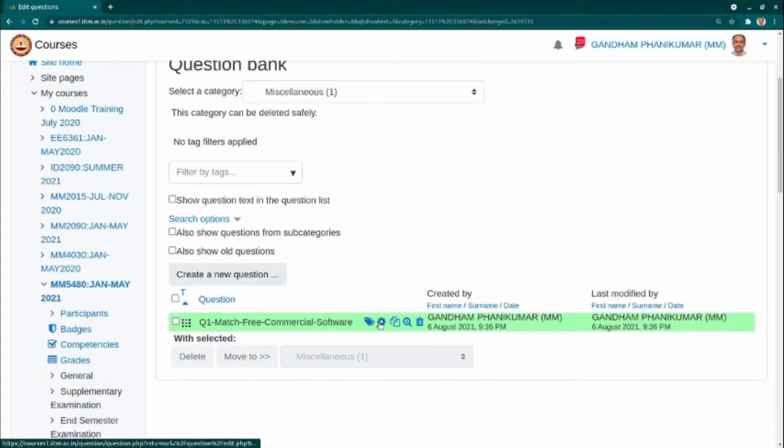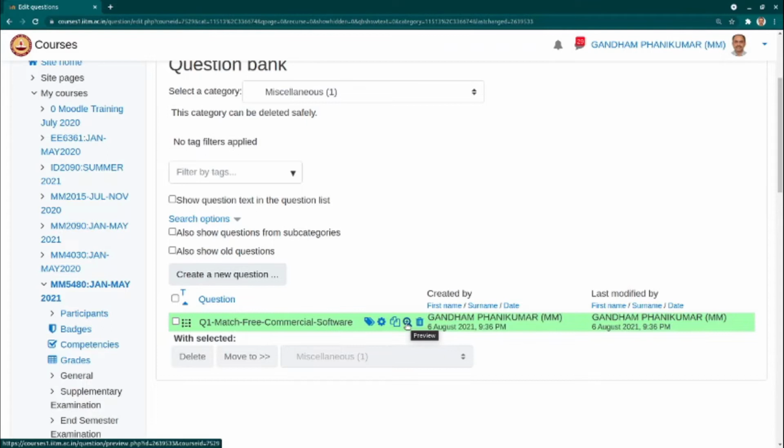And we could then give some tags if you wish, which will be helpful in searching for them later on. We can edit any typos at any point of time. If you want to prepare some variant of this, we could just duplicate it and then go on to prepare some variants of it in case you are going to use randomized question selection for the quizzes.